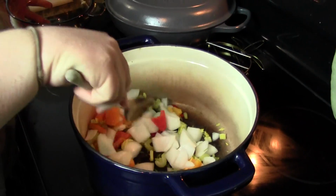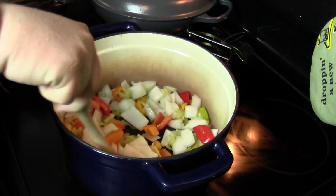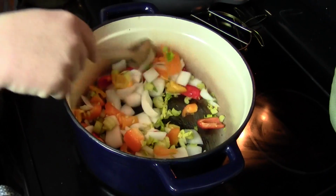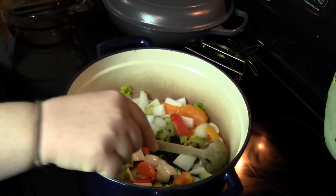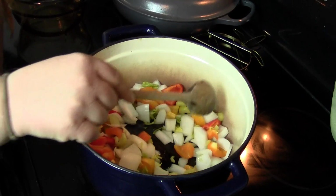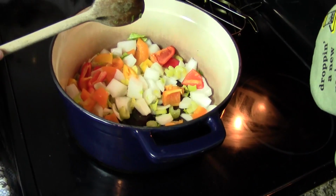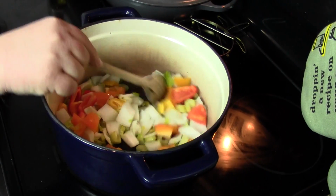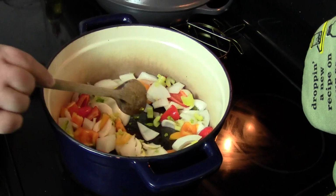I like to kind of cube the pieces, you know, but you can dice them if you want. That's just how I like to do it. And you can use regular bell pepper if you wanted. You could do yellow onion. You could do some corn in here. I'm going to show you a delicious corn relish later. Yeah, you can do whatever you want, but I'm going to start sauteing this